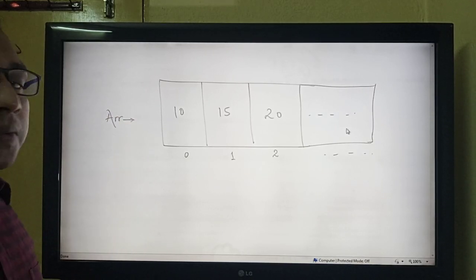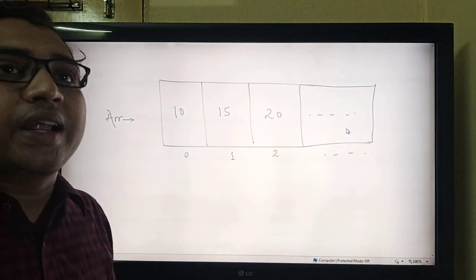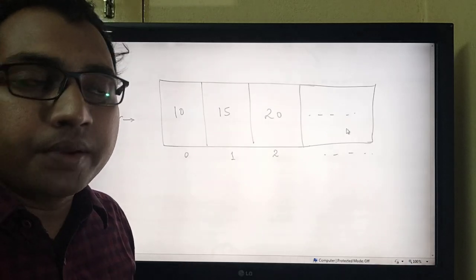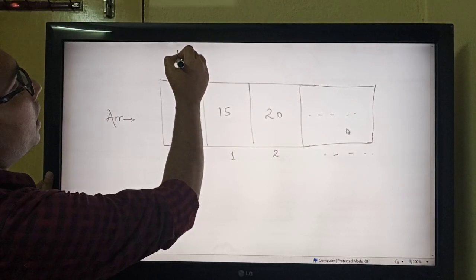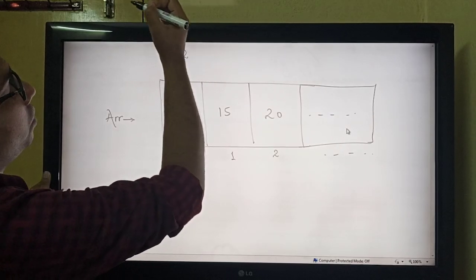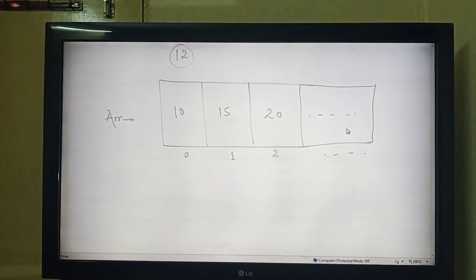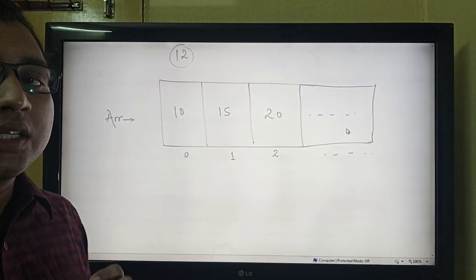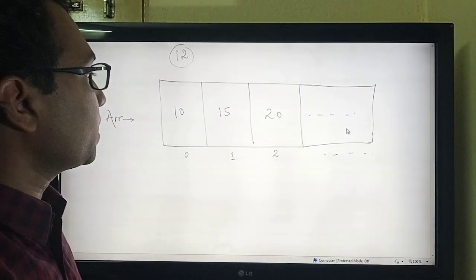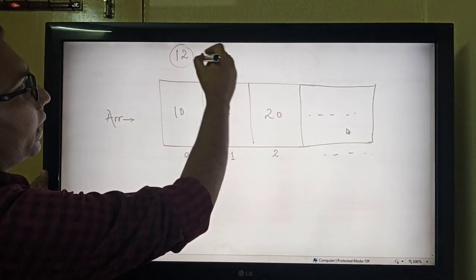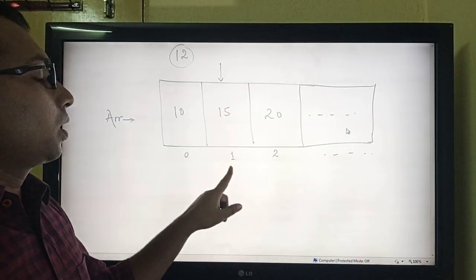Now since we have to store the marks or values in ascending order, suppose a request arrives to store 12 in this list. To store 12 we first need to locate the position. What will be the position for this incoming value? It will be at index number 1.